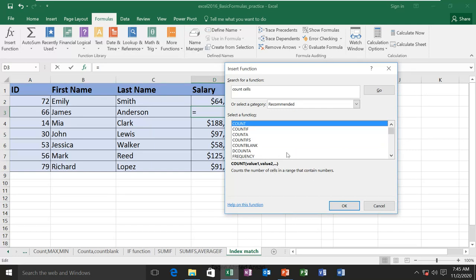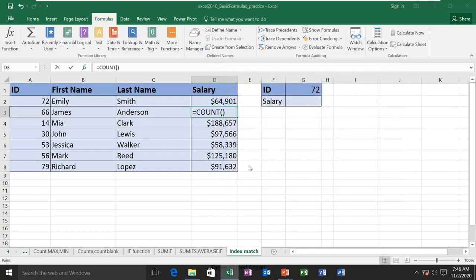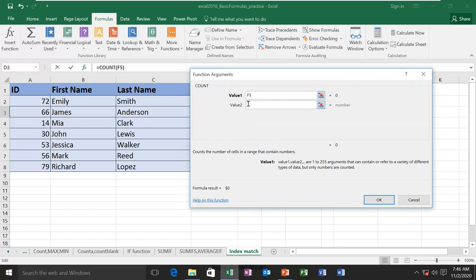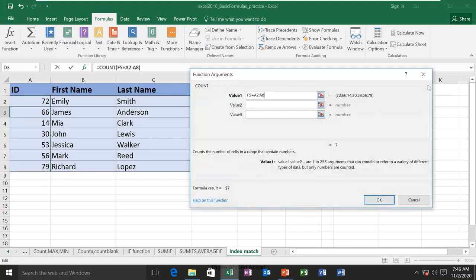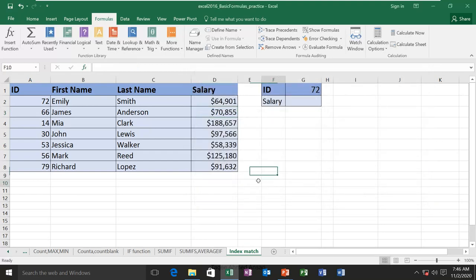So as you know, you can select whichever function you want, and then when you press OK, it will open the dialog box to insert the range and arguments for the function. Like you have this syntax of the function, and then you have to give the argument. So now here you have to give the argument you want. You can select it normally by going here and selecting the range like this, and when you're done you can press OK, and it will show you the function where you want to see it.